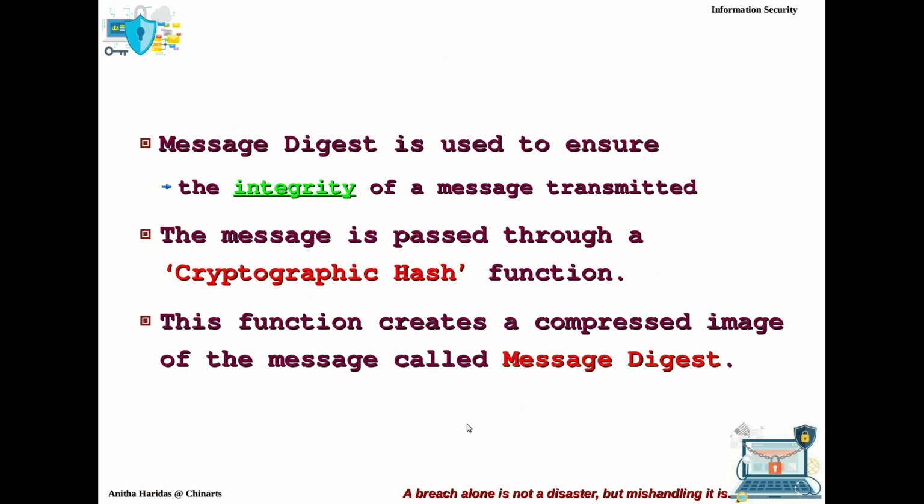What do you mean by message digest? Message digest is used to ensure the integrity of the message being transmitted. The message is passed through a cryptographic hash function, and this hash function creates a compressed image of the message, which you call the message digest.